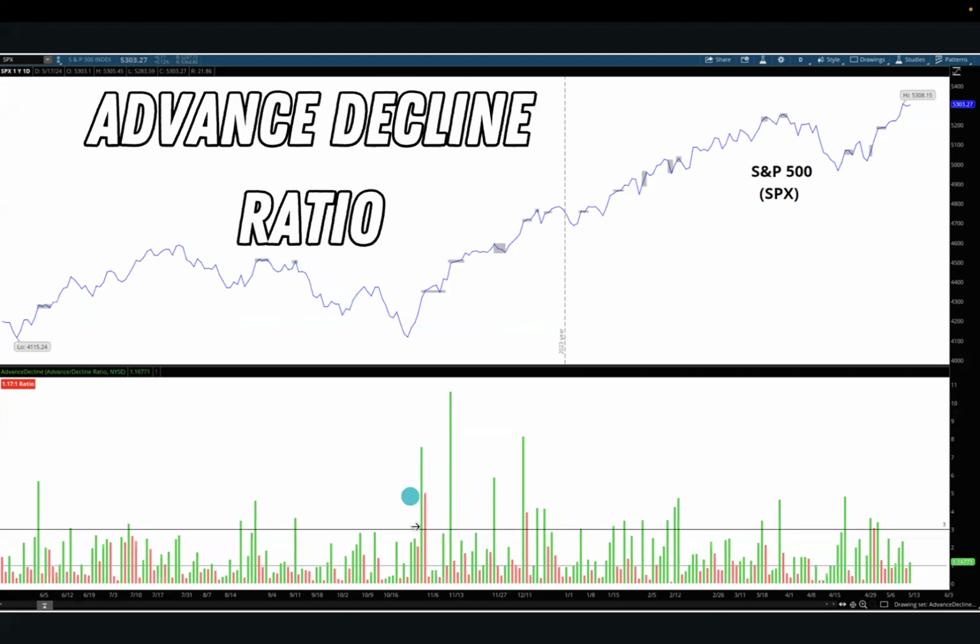Over here, we start to see us coming back above, right? And we're back above 3 in this period here. We move sideways and we actually come back and retest that zone where we hit that over 3-to-1 ratio on the advanced decline. Same thing over here, same thing over here. You can see that these periods oftentimes lead to some sideways movement or pullbacks, right? Sideways movement right here led to a pullback here, led to 1 day of sideways movement. But if you look about a week or two later, we ended up pulling back and going lower again. Same thing over here, sideways movement for about a day or two, sideways movement for a day or